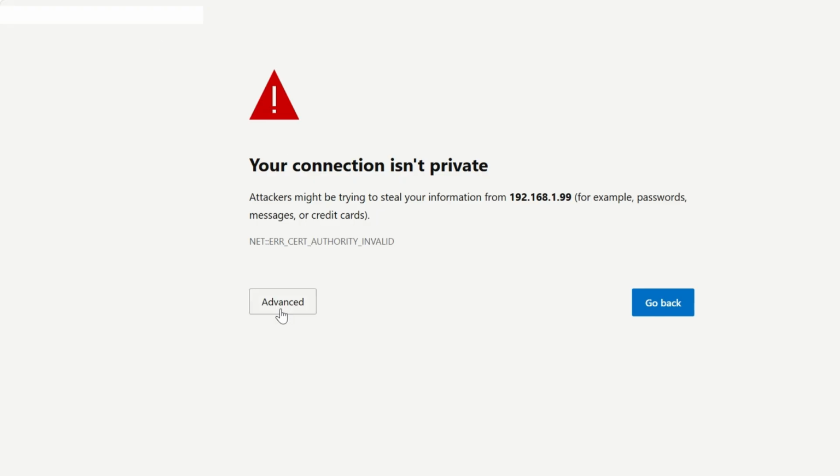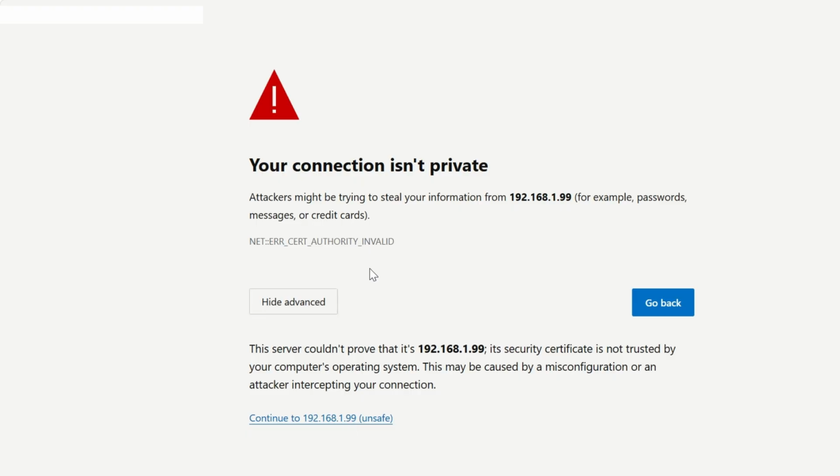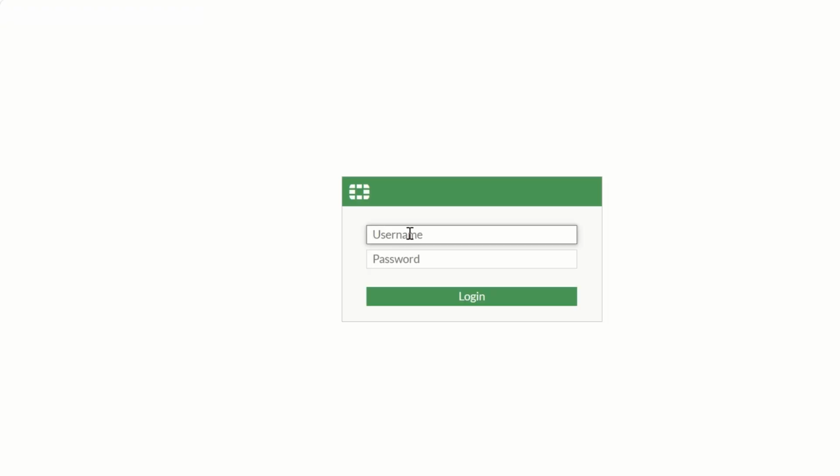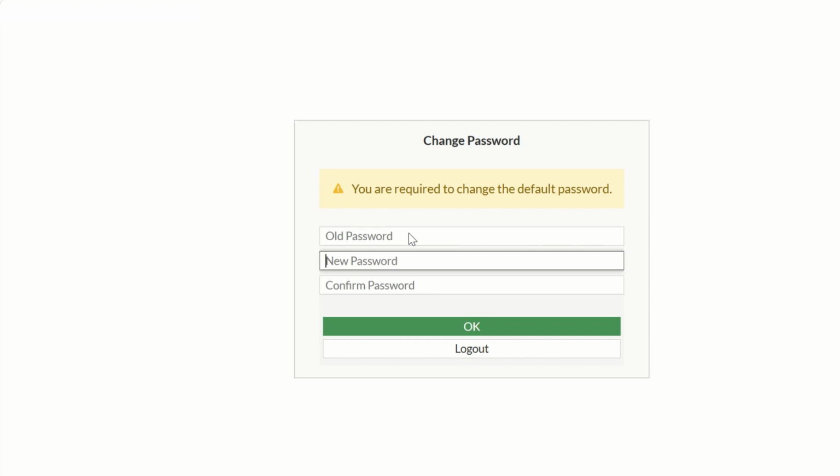Type admin as the username, and the password is blank by default. The old password is blank. Type your new password, confirm the password, and click OK.